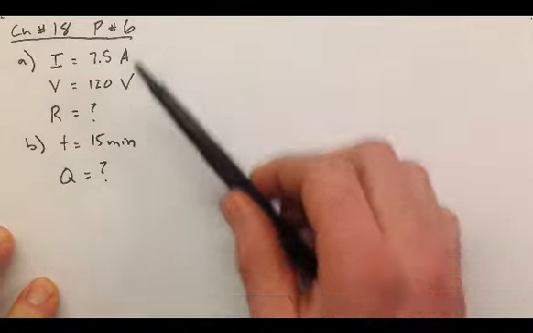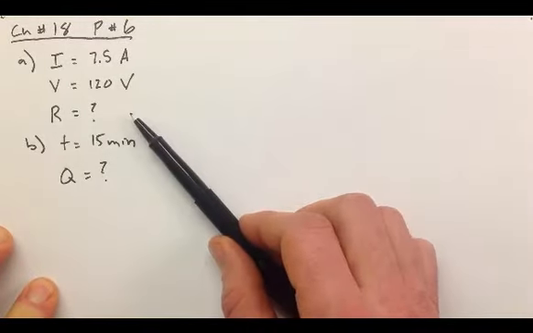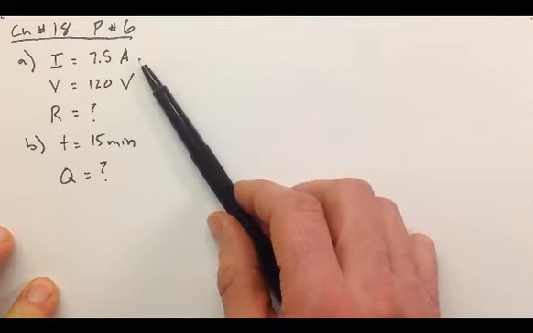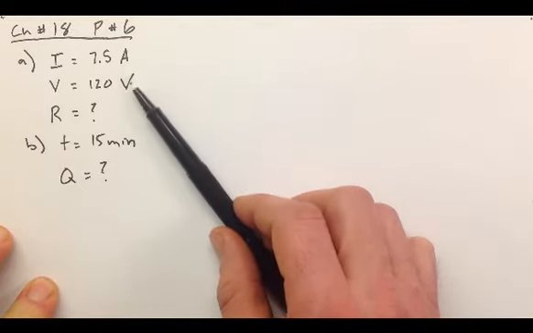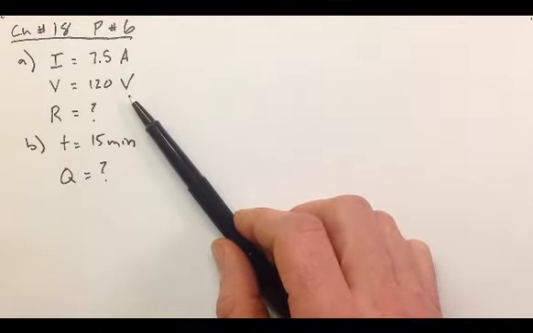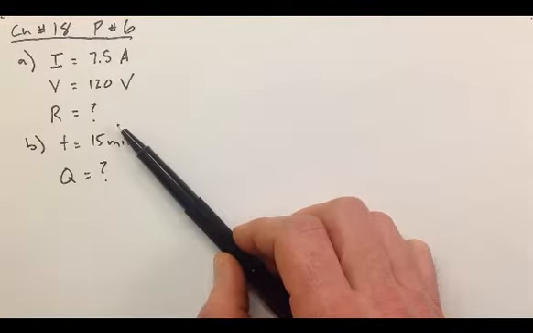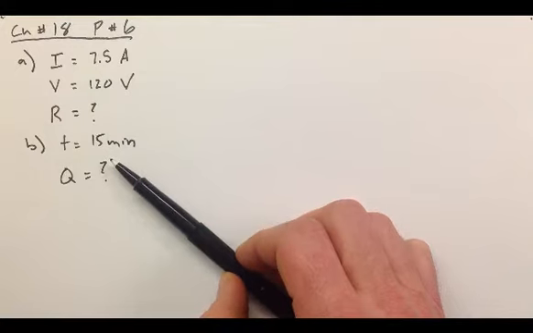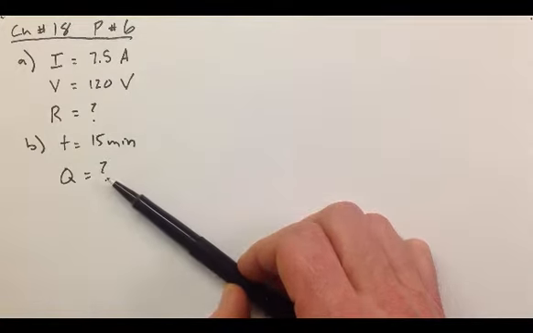Okay, let's dive in. Problem 6 says, I have a hair dryer that draws a current of 7 amps. And when we plug it into the wall, the voltage is 120 volts. What is the resistance of this hair dryer? And if we let the hair dryer run for 15 minutes, how much charge would run